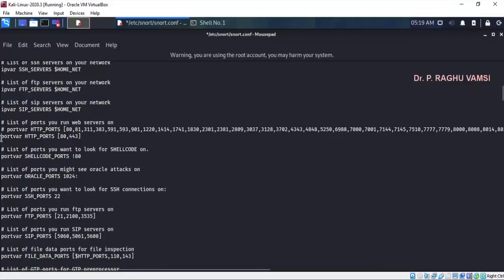So this is the way you can restructure this rule, and you can use it in our intrusion detection systems. I hope by this time you got how to modify this snort.conf. So this is the way you can set up and install the Snort IDPS on the Linux operating system.